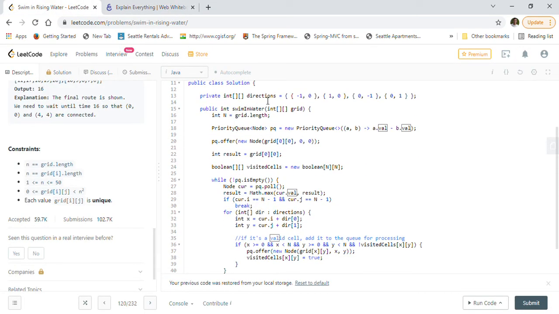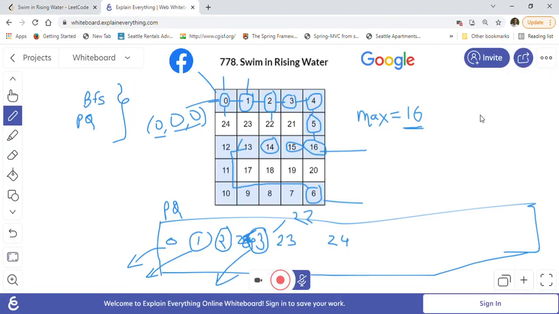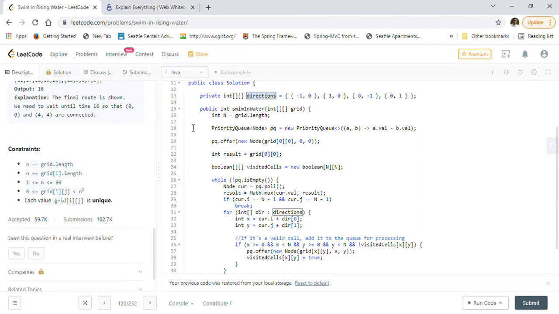And we have created one directions array, because 4 directions are there, right? For every location, if you are standing at one location, you can go up, you can go down, you can go left, you can go right. So these are the four adjacent cell locations that we can visit, right? That's why I took a directions array here. It's a 2D array, and this -1, 0 means that we will add these values to our current cell. So let's look at the swimInWater method now.